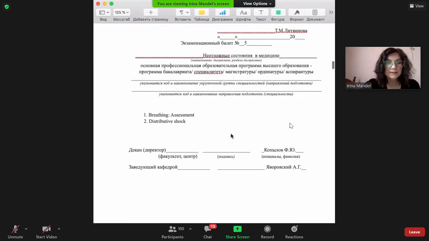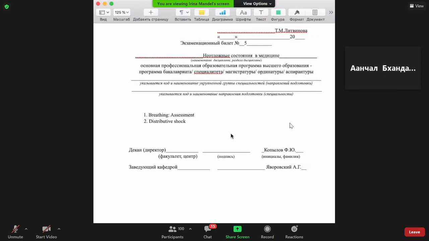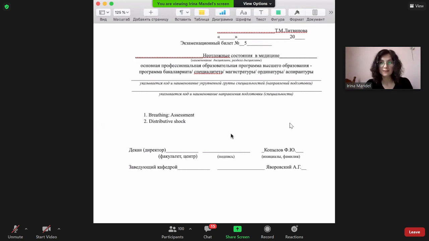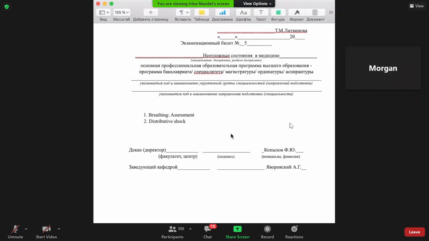Yeah, the distributive shock. So there are many types of distributive shock. How should we answer this question? You should answer all the types of distributive shock, as you know. You should count them first. Anaphylactic shock, septic,